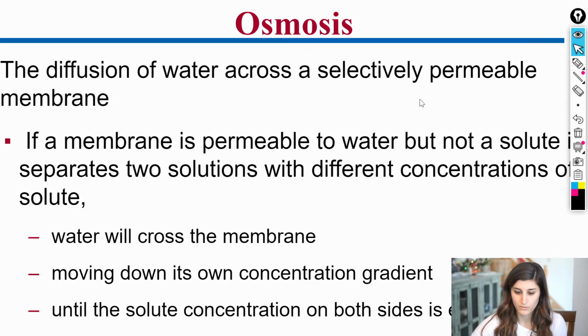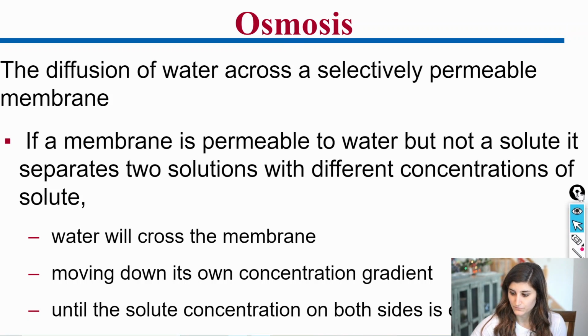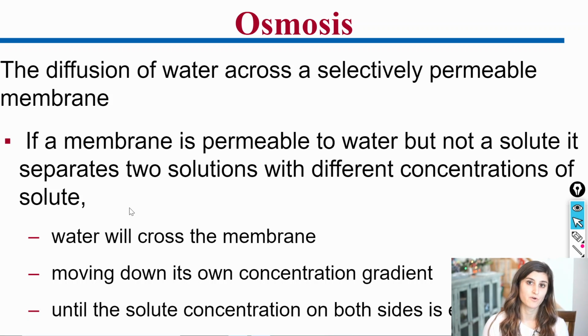Okay, so what we want to look at: if a membrane is permeable to water but not to a solute, it separates the two solutions with different concentrations of solute. So water will cross the membrane, moving down its concentration gradient. So it wants to move from the high concentration of water to a lower concentration of water, and then it wants to have that equilibrium on both sides of the membrane. So let's look at